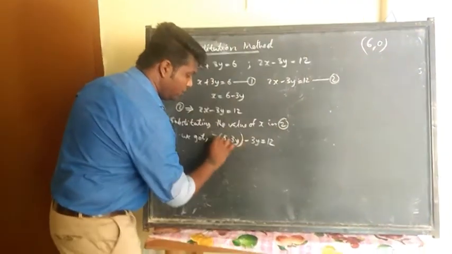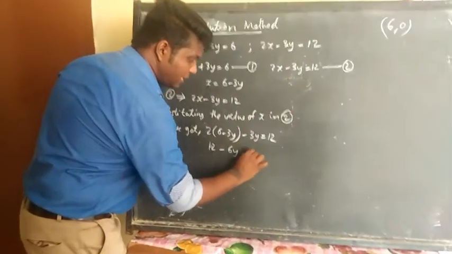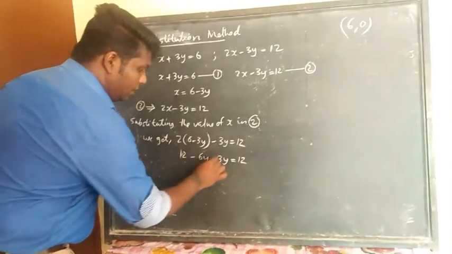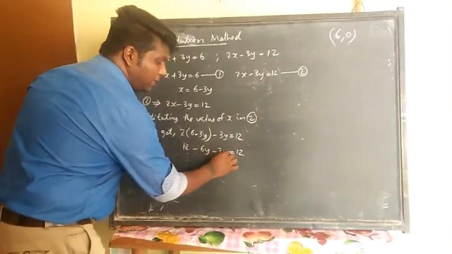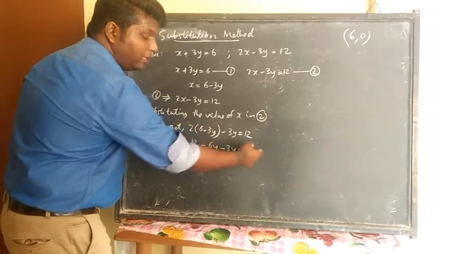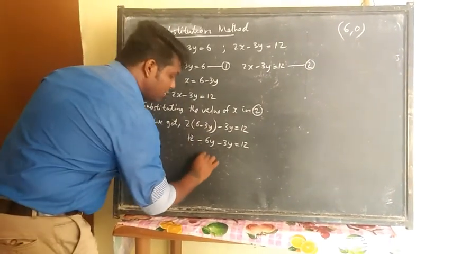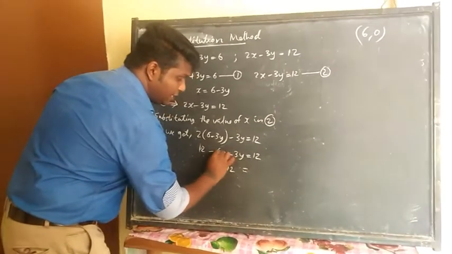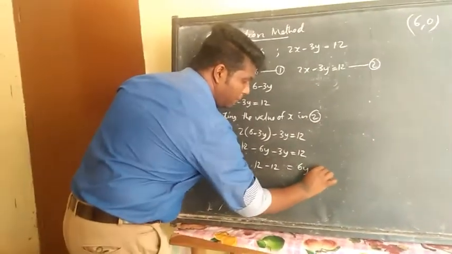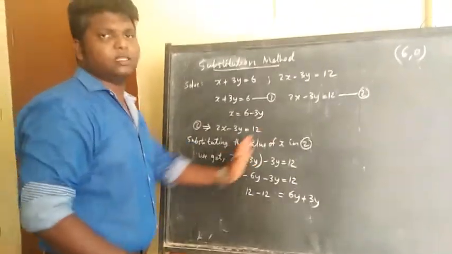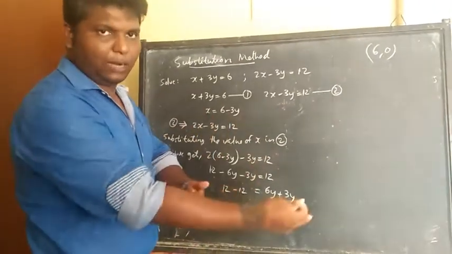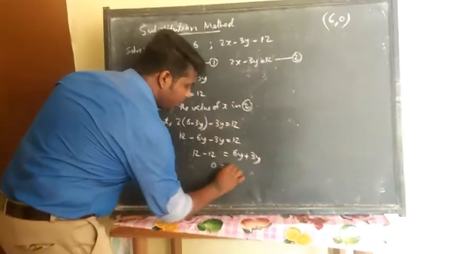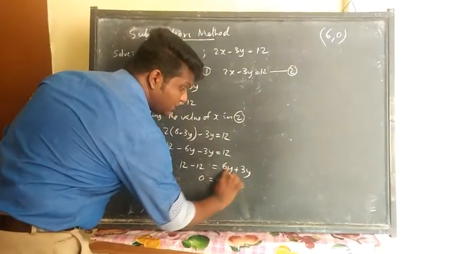Now simplify. 6 into 2 is 12 minus 3 2s are 6y minus 3y is equal to 12. Then from this one what will you get? Minus 6y and minus 3y, take it to that side, and bring that 12 to this side. Already here there is a number 12. If I bring that 12 to this side, it will become 12 minus 12. That is equal to, ये दोनों उधर जाते हुए 6y plus 3y हो जाएगा, right? And taking the negative signs to that side. Any method you can do like this, or bring them together to this side. Anyhow, after this, 12 minus 12 is 0 is equal to 6y.